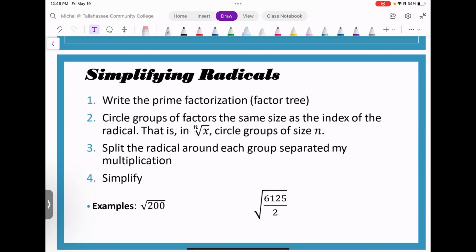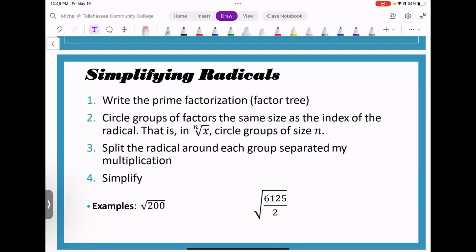So a radical is the inverse operation for an exponent. So square root is the inverse operation for square, cube root is the inverse operation for cube, fourth root is the inverse operation for fourth power, okay? So the only thing we need to know in order to simplify radicals are 2 things. We need to know that the inverse operation for square is square root and vice versa. And then we also need to know that I can break up a radical around multiplication. Combining those 2 skills, we can take a radical like this first example, square root of 200, and we can